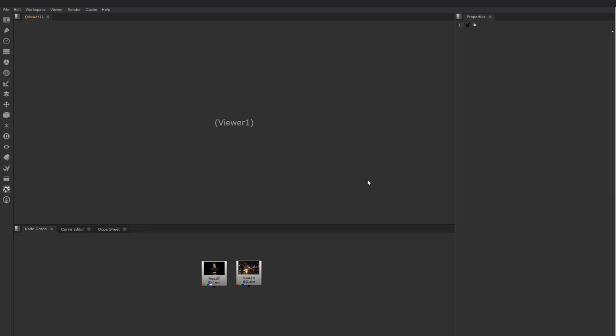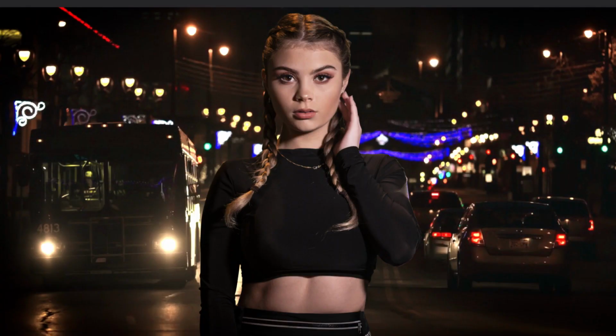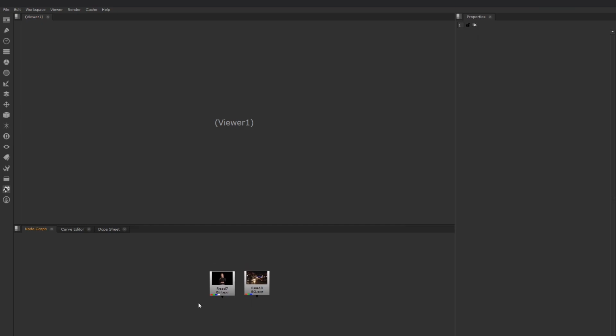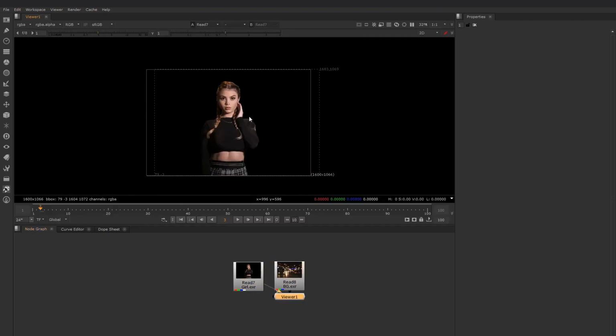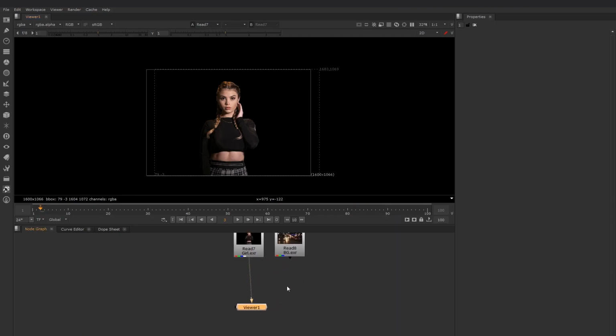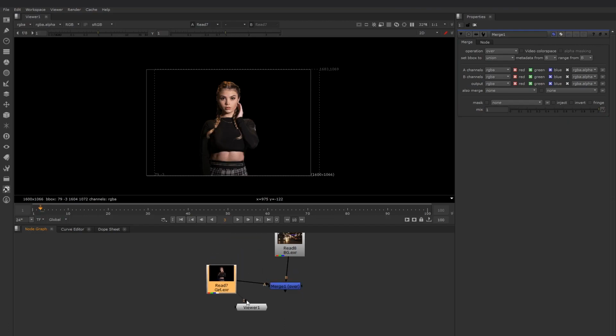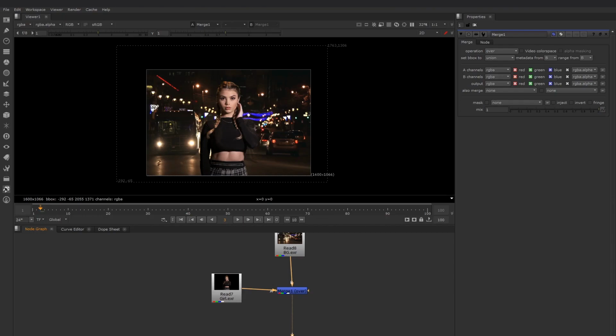Today I am gonna show you some super cool tricks for creating custom bokeh shapes fully inside Nuke. Let's go and take a look at what we are going to be creating. First things first, we have a background and foreground plate here, and the foreground plate is a premult image with alpha. I am going to merge the both, and this is what the result is.